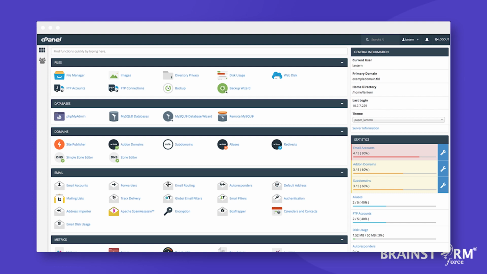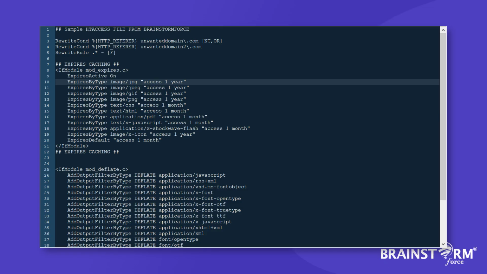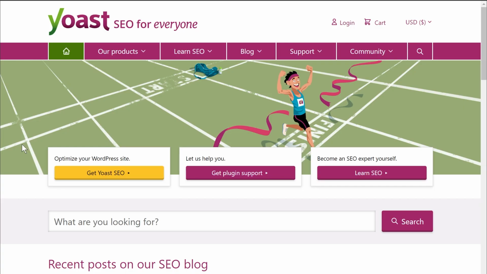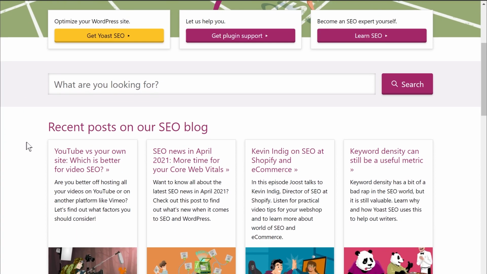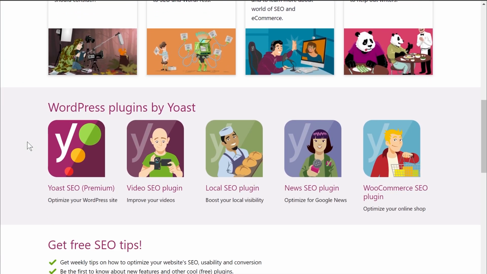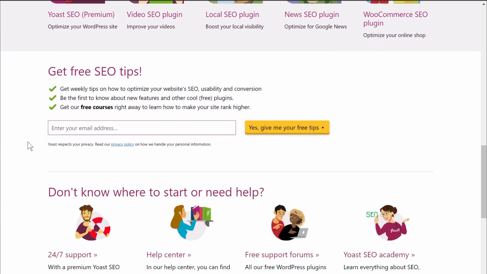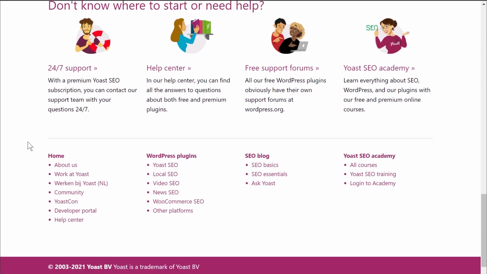You can do it via cPanel, you can do it via changing your htaccess file, or even some other manual methods, but they are not efficient or they are not even designed for beginners. Now, you can also redirect pages using your SEO plugin, and most SEO plugins have some sort of redirection control built in, at least in the premium version, if not in the free version.